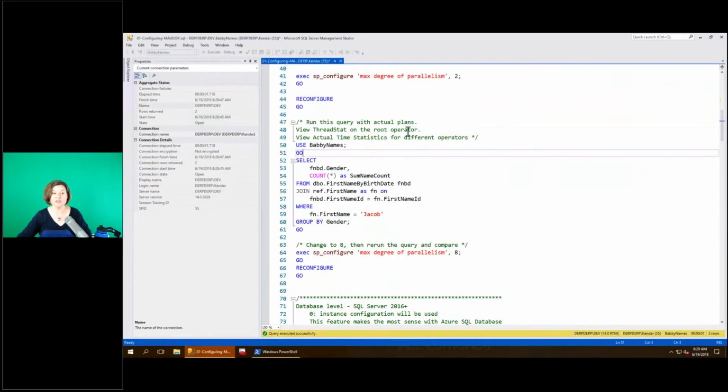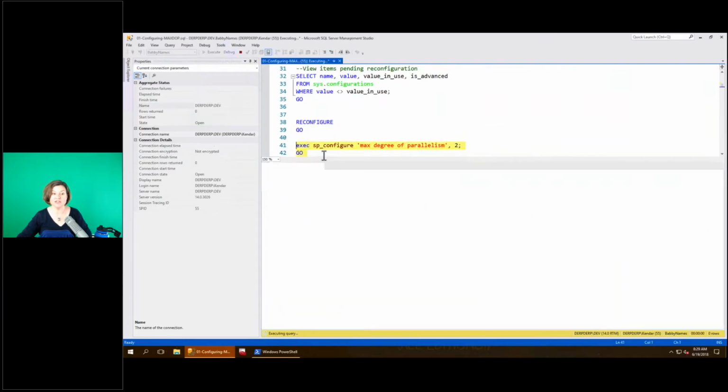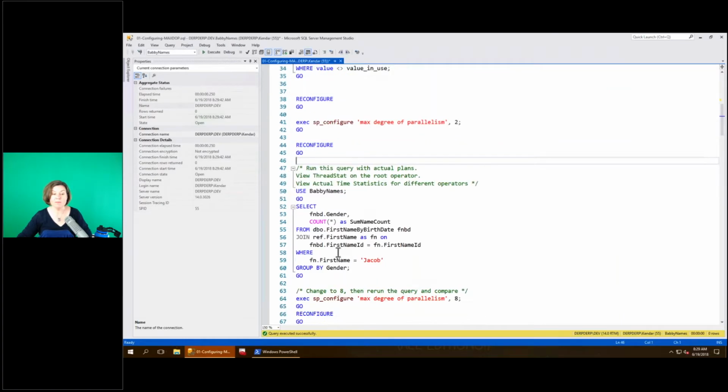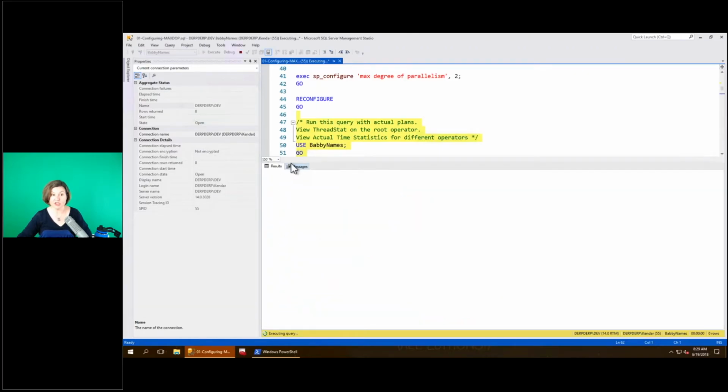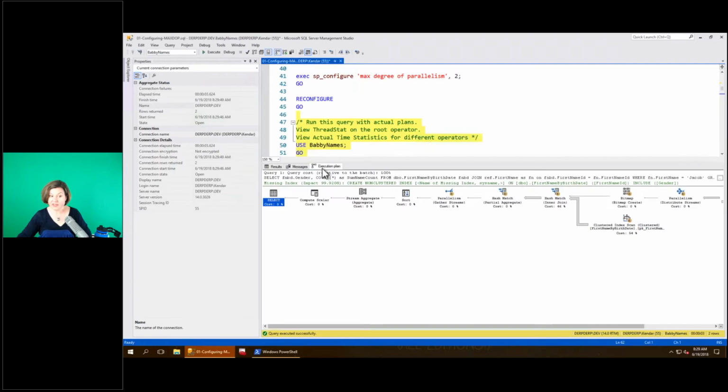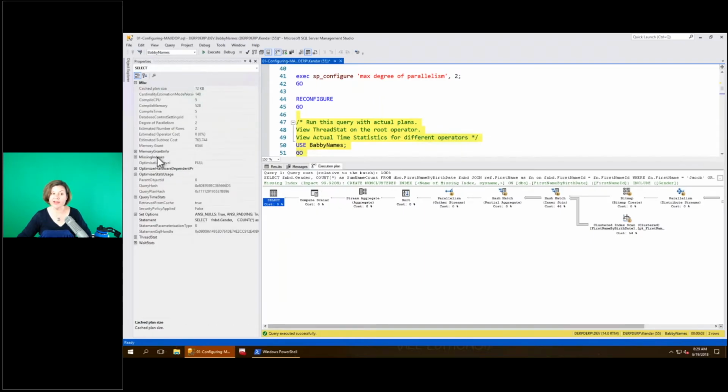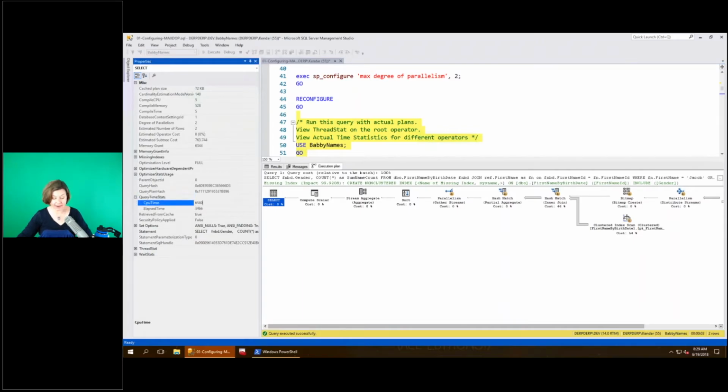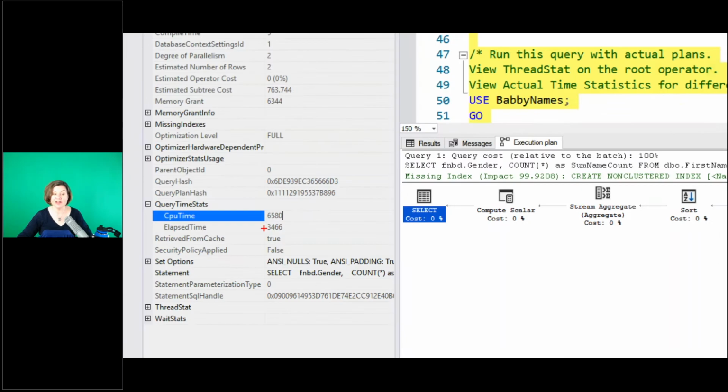When I run this query at MAXDOP 2, if I switch back to MAXDOP 2, my duration for this query is longer. This doesn't happen for every query. Higher MAXDOP does not always equal higher speed. At some point, this evens out, and I have seen some cases where with even higher MAXDOP, a query can start to slow down. This tends to be on large hardware where the query is doing a bunch of data access,